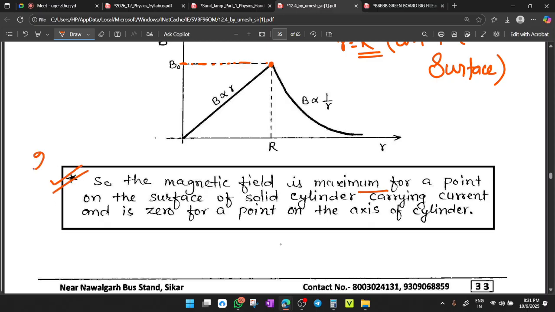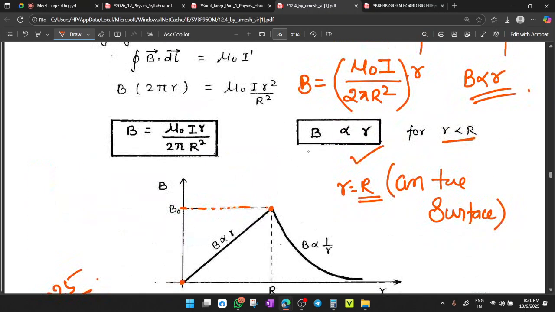So this was the question of last year, 2025. Optional questions are there. At which point will the magnetic field due to a current carrying conductor be maximum? Inside the conductor, outside the conductor, on the surface? None of these. So it is on the surface. Clear? It is maximum on the surface of a solid cylinder carrying current, and it is zero for a point on